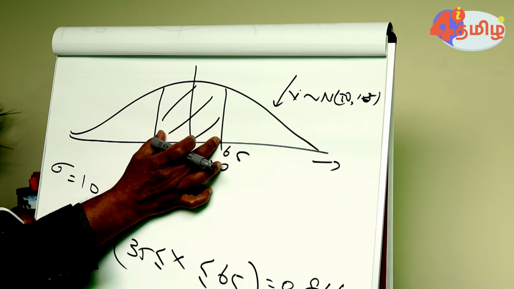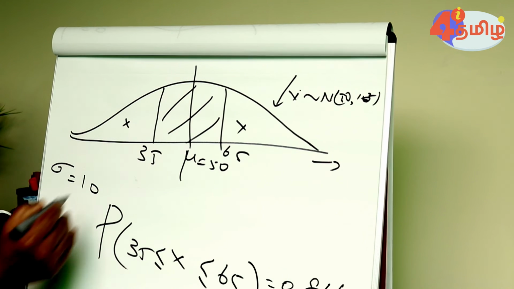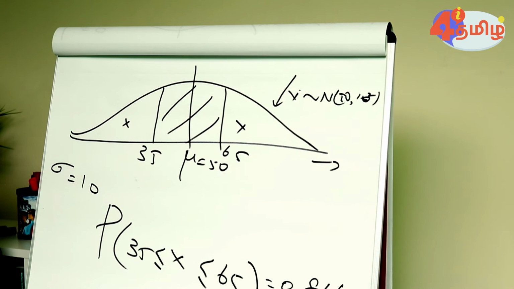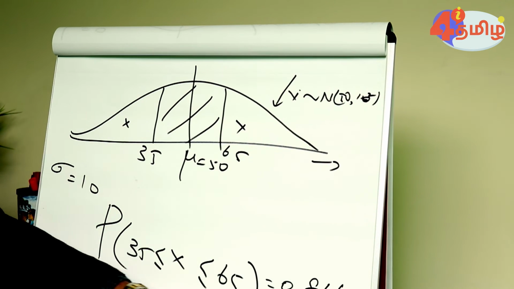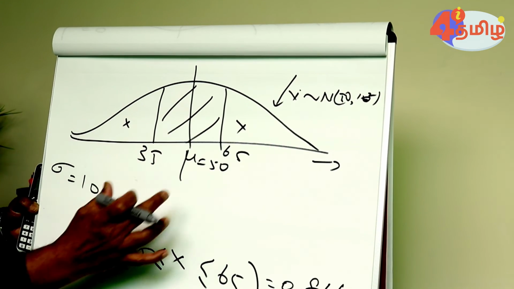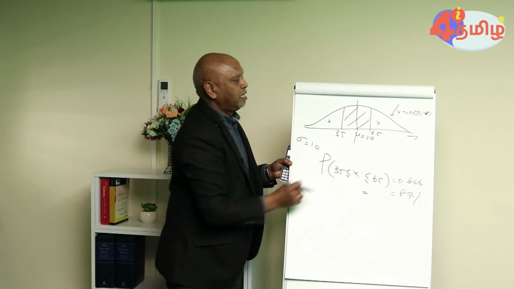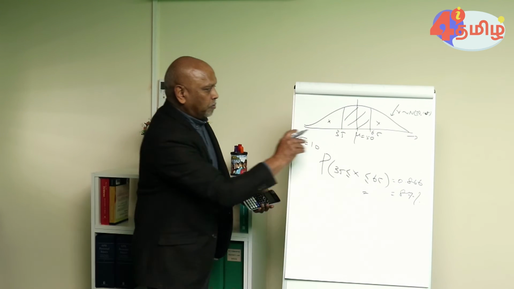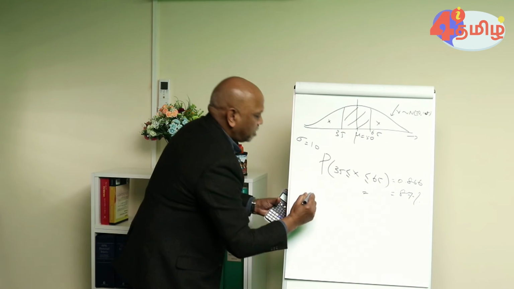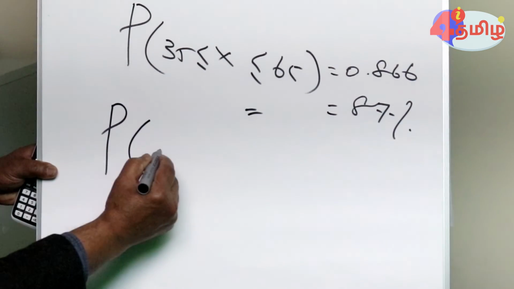If this is 85% or 87%, this bit and that bit will be 100 minus 87, or 1 minus 0.87. So this area and that area, 1 minus that. Sometimes the question will be asked to find this and that. What is it? If you want to write that and that, the notation for that,